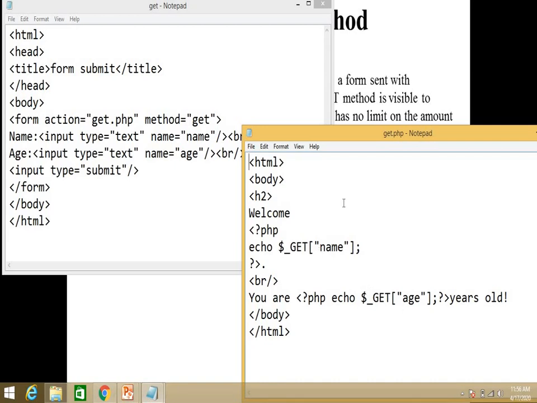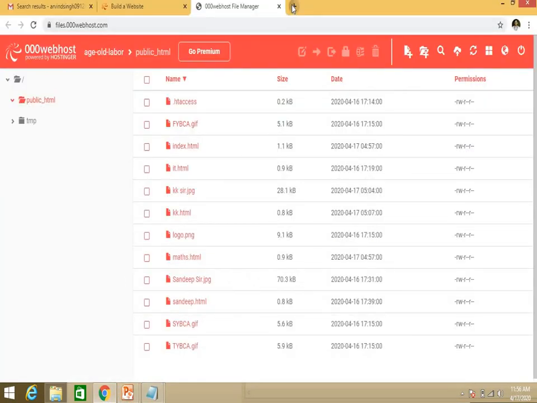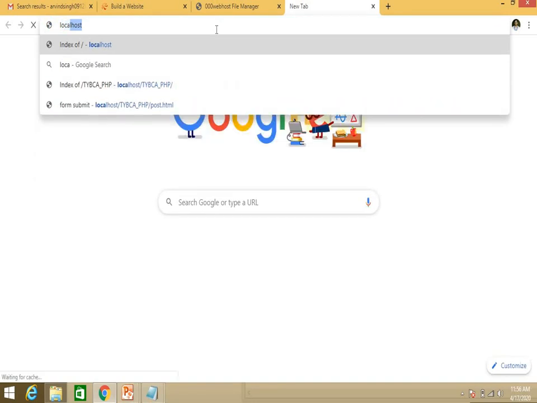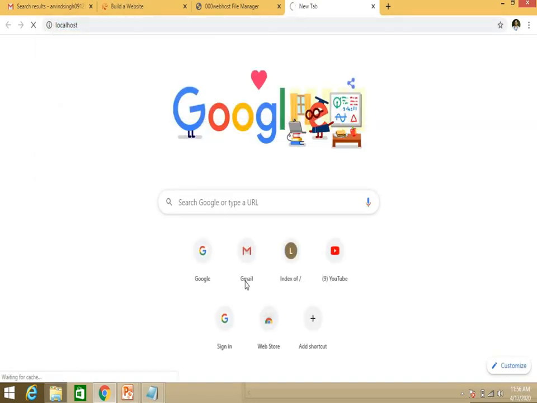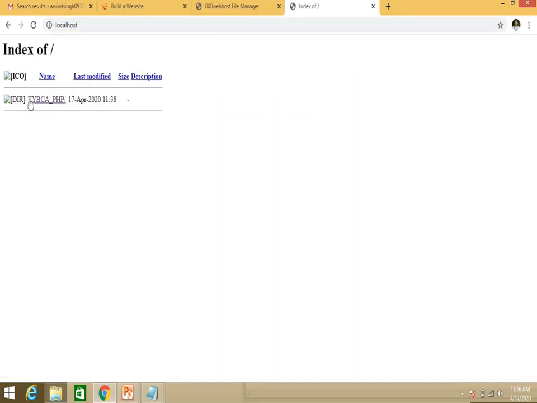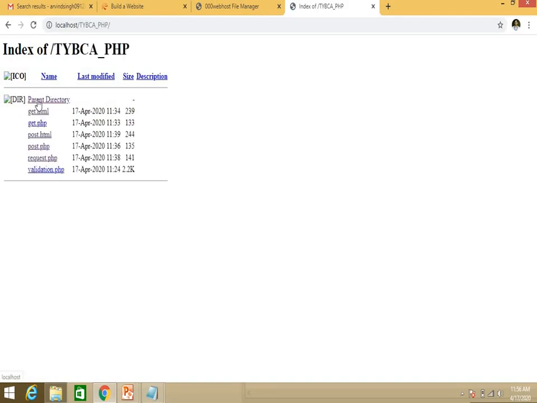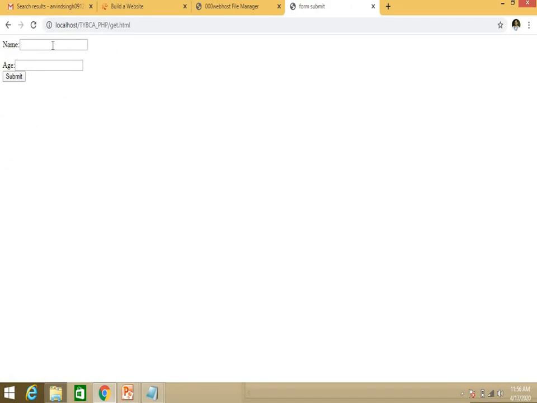Okay. Now I am executing this program. So you have to type localhost over here. All the programs will come over here. So you have written get.html. Okay, so here you have to enter any name, and here the age.